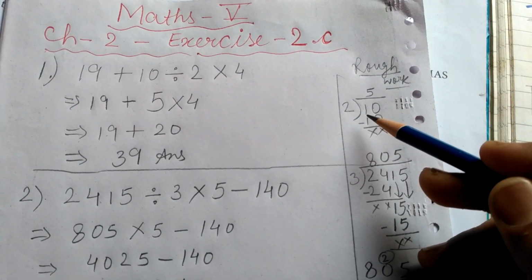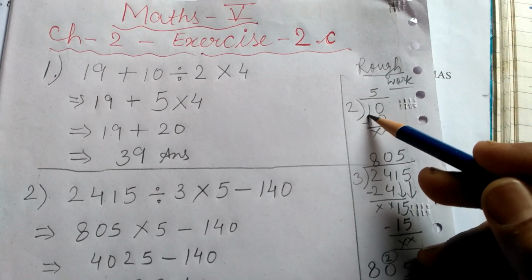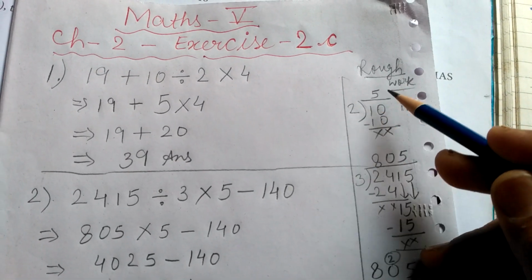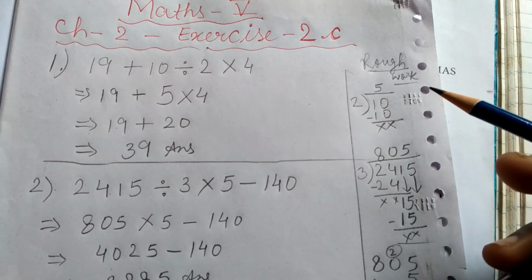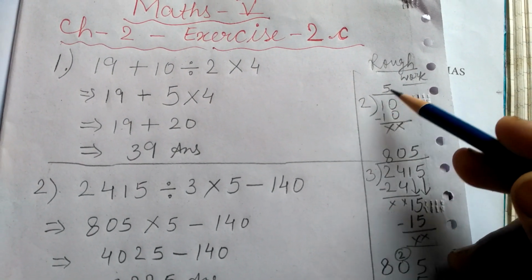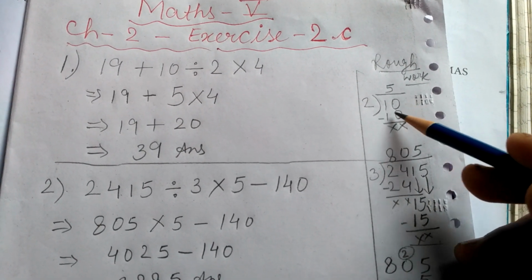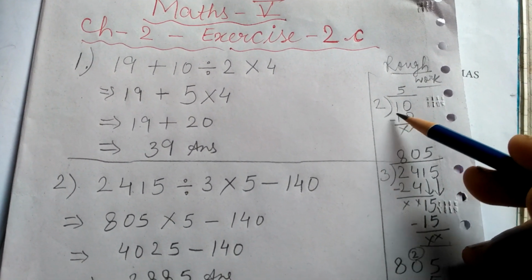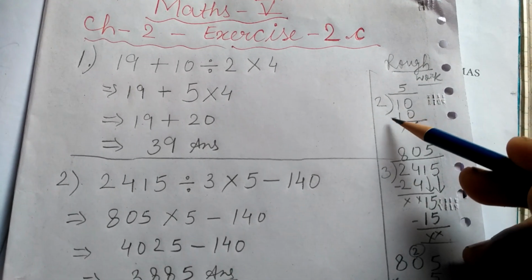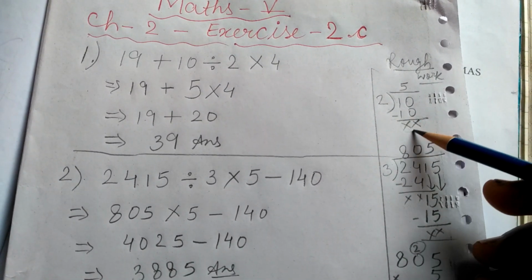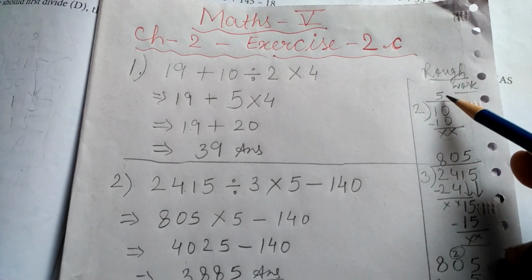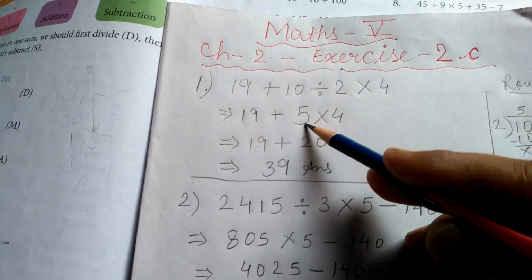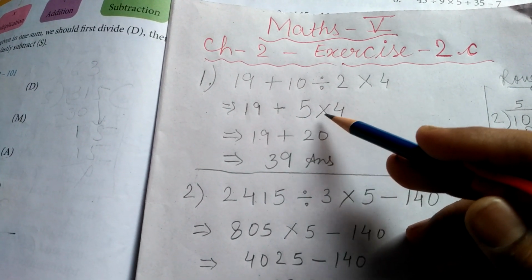Now I have already taught you how to do division. So we will consider the 2 digits because 1 will not be divided by 2. So 10, and now we will read the table of 2 because it is a small number, so we can easily read the table. And then we know 2 fives are 10, because we have to get exactly 10 or a number near about 10. But we know in the table of 2, 10 is coming, that is 2 fives are 10. So then it is subtracted, it becomes 0, nothing is there, 5. So 5 will be the trial quotient and 5 will be the answer over here. When we divide 10 by 2, then 5 is the result. So 19 plus 5 multiplied by 4.